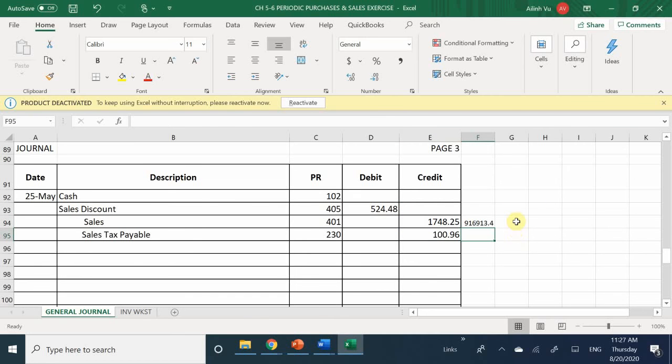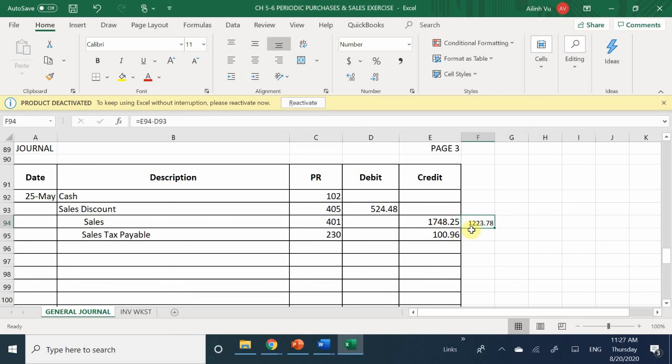We're only charging tax based off of $1,223. Okay, so instead of doing the full 17, we're only taking the amount that we actually are selling,